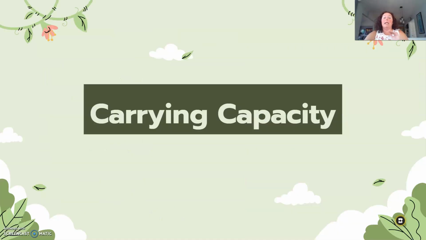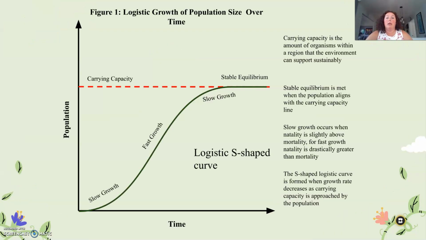So in an ecosystem, you have something called a carrying capacity. You have a carrying capacity that says this is the number of organisms that this ecosystem can support in a sustainable way. So if you take a look here, here's your carrying capacity. Let's say it's 1,000 sheep, okay? 1,000 sheep. If the population goes above this carrying capacity, what's going to happen is the sheep are going to